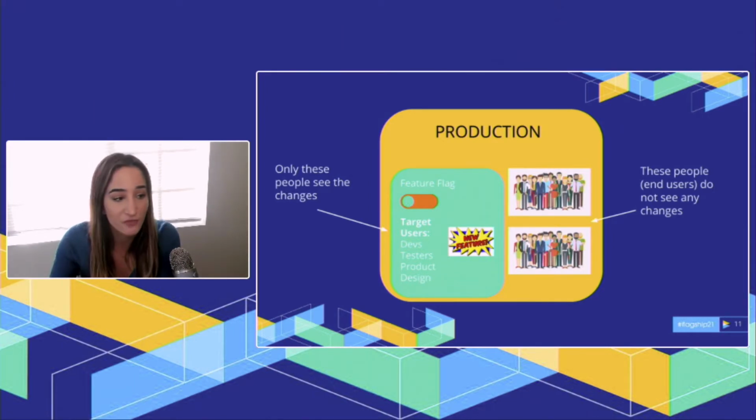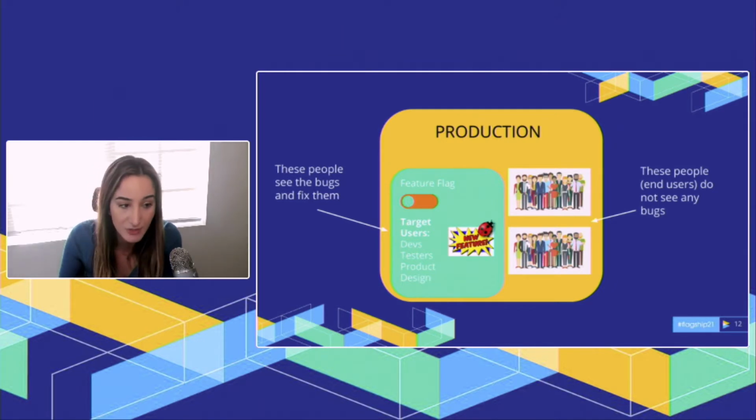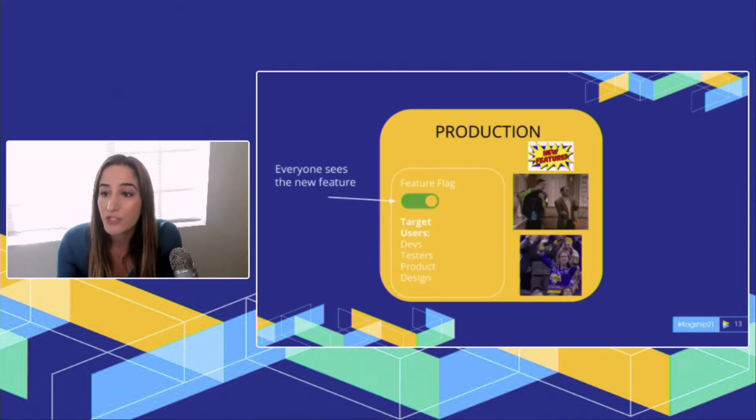And so while the feature flag is off, you go in and you test everything. You test all of your functionality, your design, you go through all your requirements and make sure that everything works. And if you happen to find a bug in your new feature, it has no impact on your end users because they don't have access to it. And then once you know your feature is working in production, you turn the flag on, already knowing 100% your features are working and you didn't break anything that was existing. And now your users are happy because you've released a perfect feature. And then you repeat this process with every new feature. So each feature gets its own feature flag.